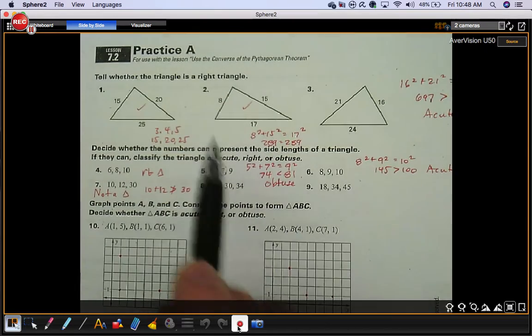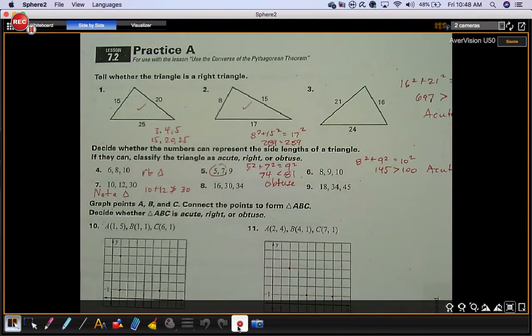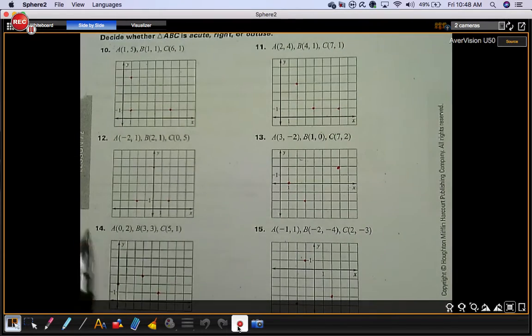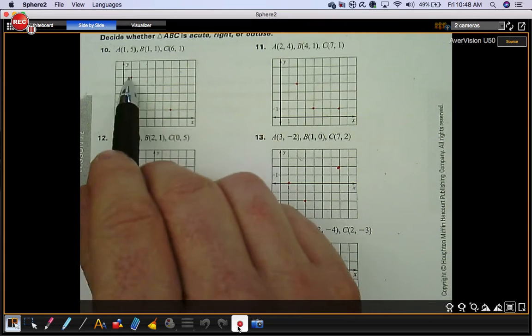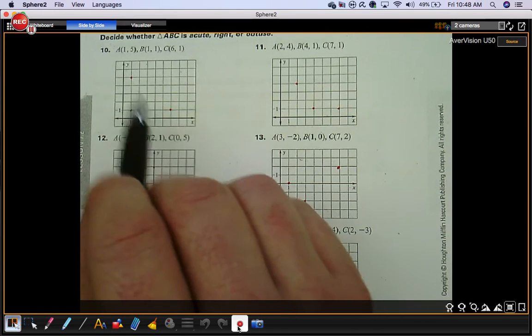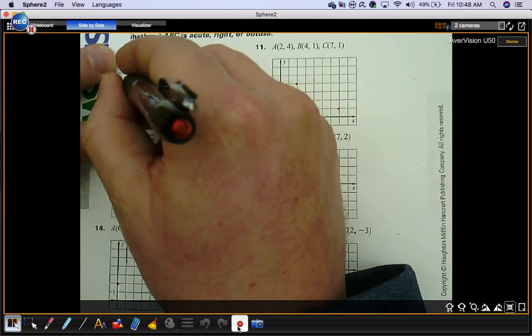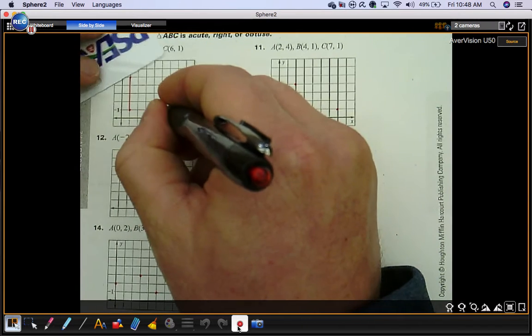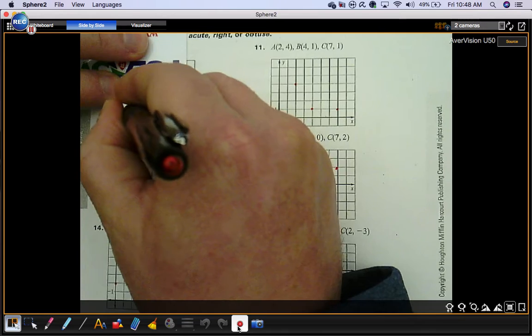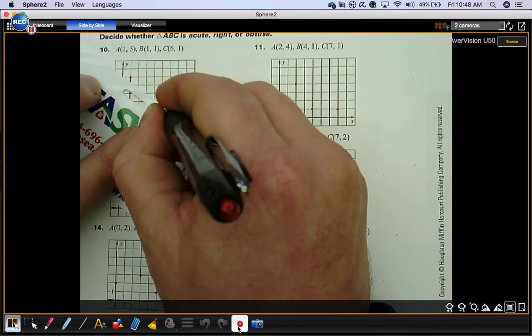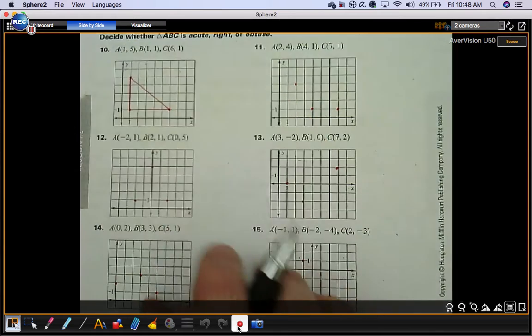You could use skills like this if you knew the lengths of the sides of the triangle. However, if you are plotting these points and you connect them, this is graphed to scale. So you're going to immediately know what kind of triangle it is without calculating at all. As long as you put these points in the right spot, notice how I'm using my straight edge here to connect these,